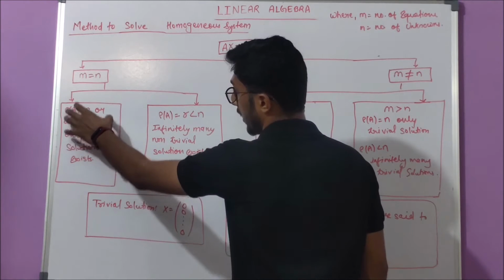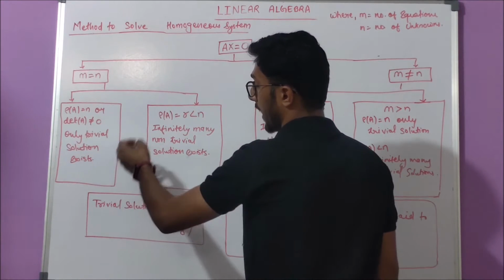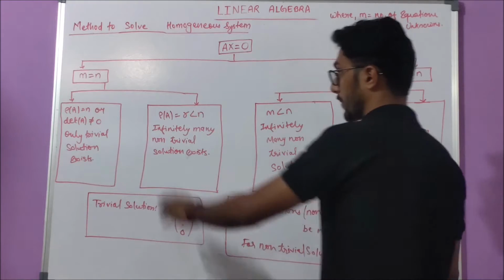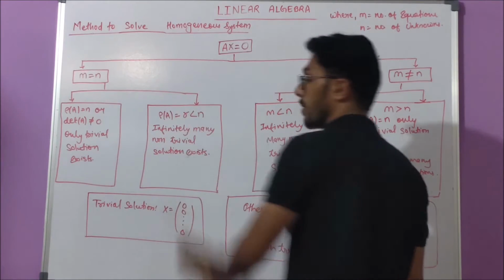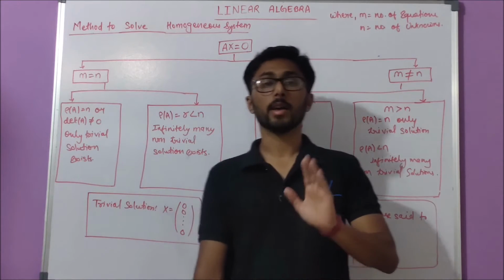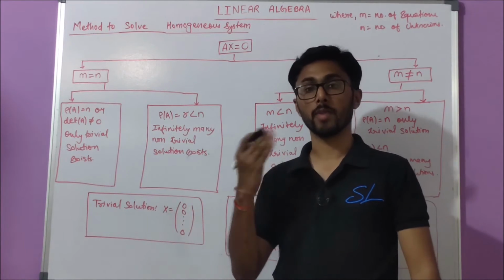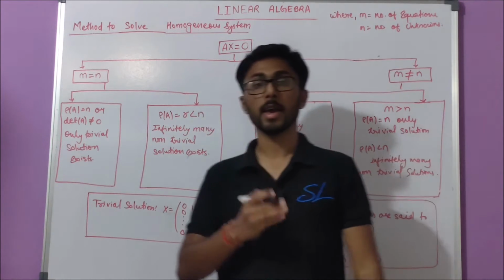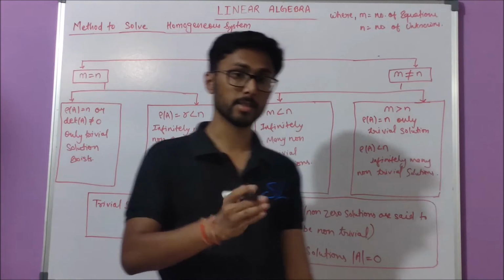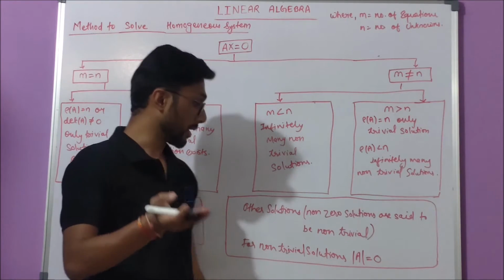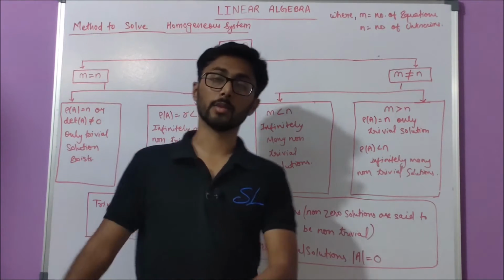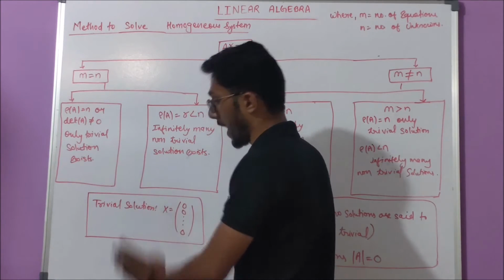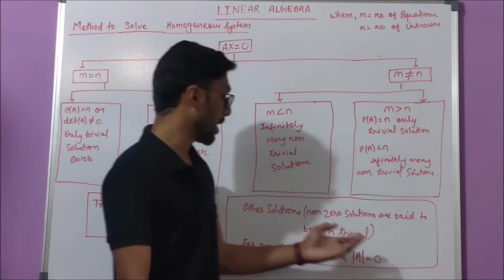So you can directly say, by seeing the rank and determinant of the matrix, that the solution is a trivial solution. Now if m is equal to n, the number of equations and variables are equal, and rank of matrix A is less than n, then infinitely many non-trivial solutions exist. And what is a non-trivial solution? Non-trivial means non-zero solution. Trivial is when the solution is 0 0 0, all variables equal to 0, and in a non-trivial solution the values of the variables can't all be equal to 0.